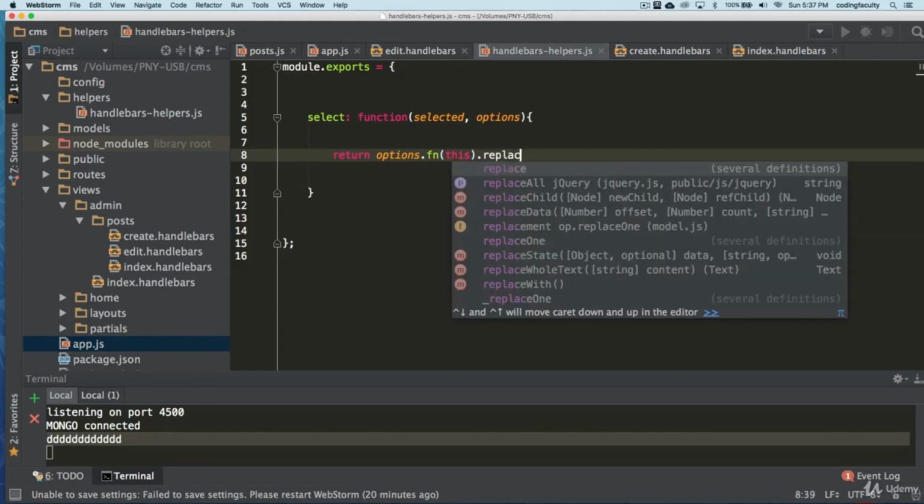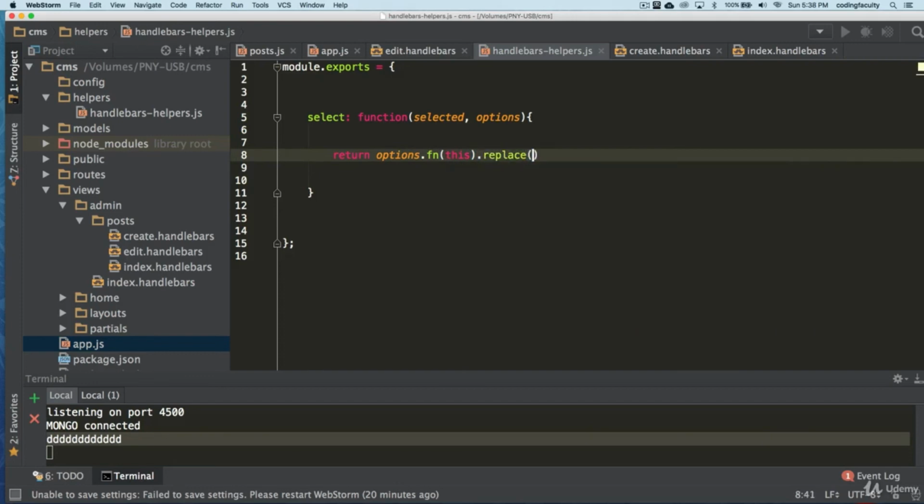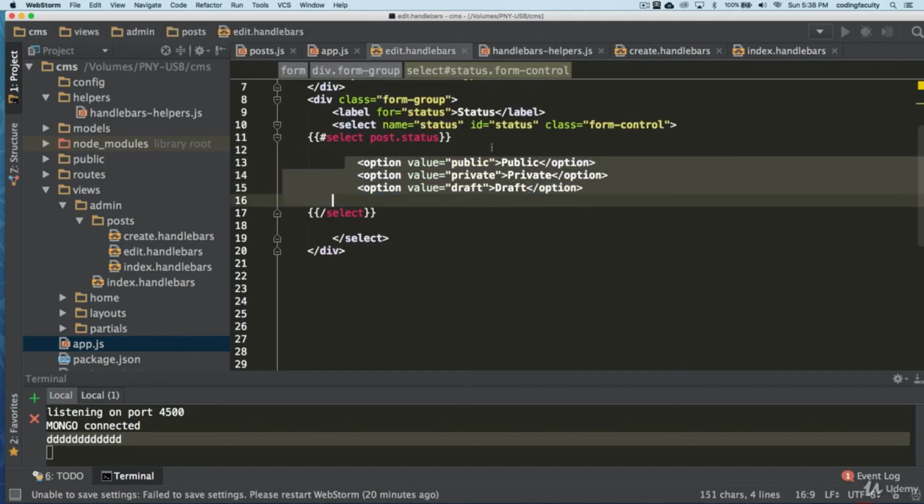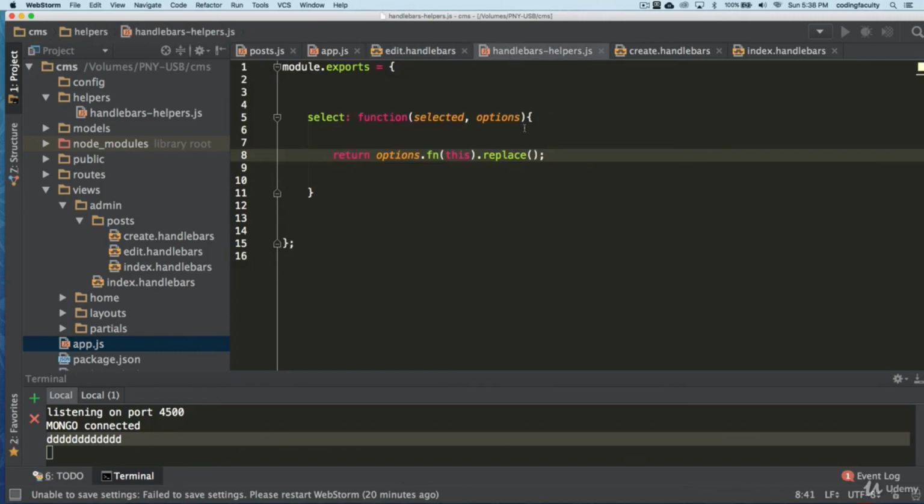And here we're just going to change to a replace method. And inside this replace, we are going to be replacing the data here and dynamically outputting it. But we are going to be using a little bit more functionality there. We're going to be using regular expressions. Now I don't expect you to know this, and I'm not going to go into details about regular expressions just because it's another course. As a matter of fact, I do have a course on regular expressions. So we're going to pass the first parameter of this. We're going to be replacing the value when we find that,